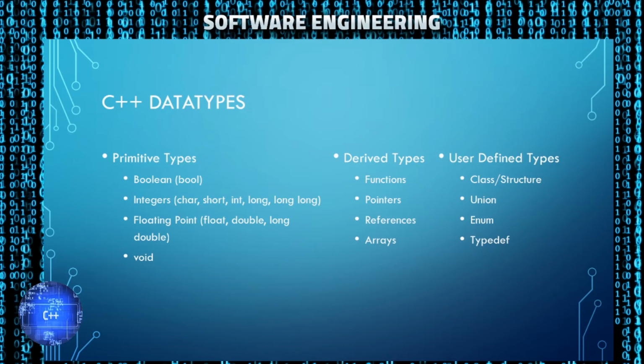Float typically has a precision of about 7 decimal digits, a double around 15 decimal digits, and a long double around 33 decimal digits. Void is a special type that means there is no type. This is most often used for the return value of functions that don't require a return value, because all functions are required to have a return value of something. So if you need to have a function that doesn't actually have a return value, you use void as the